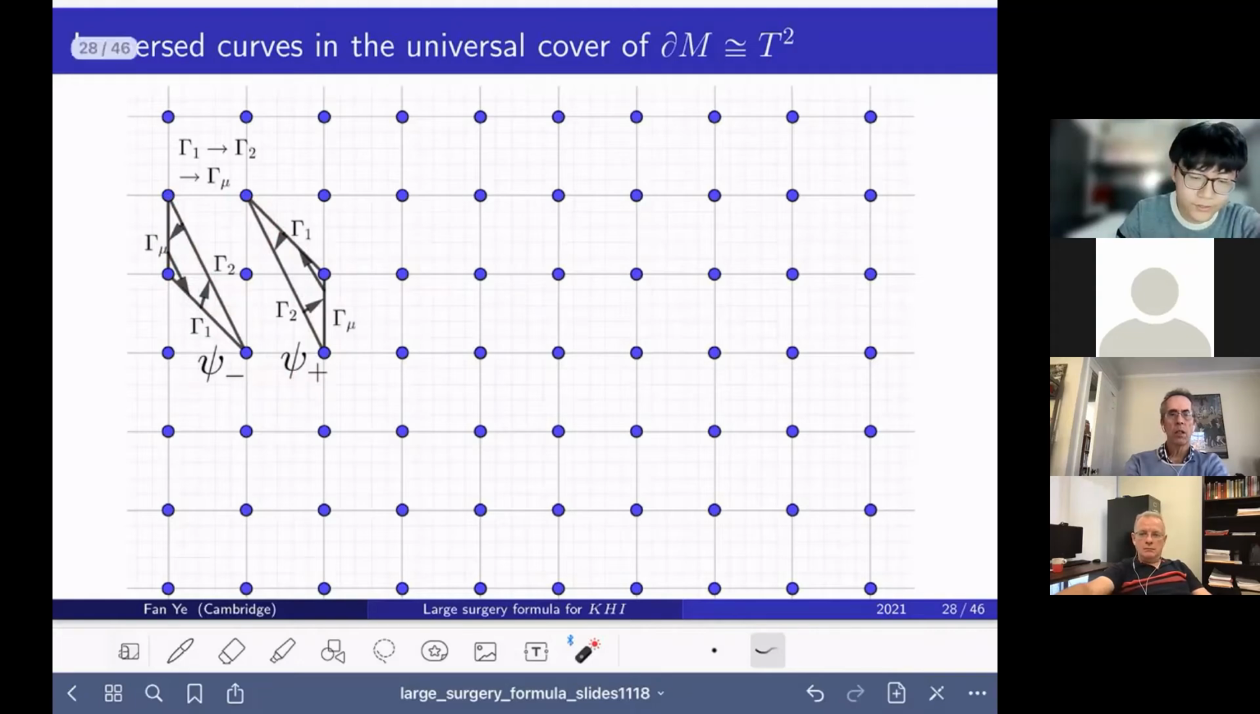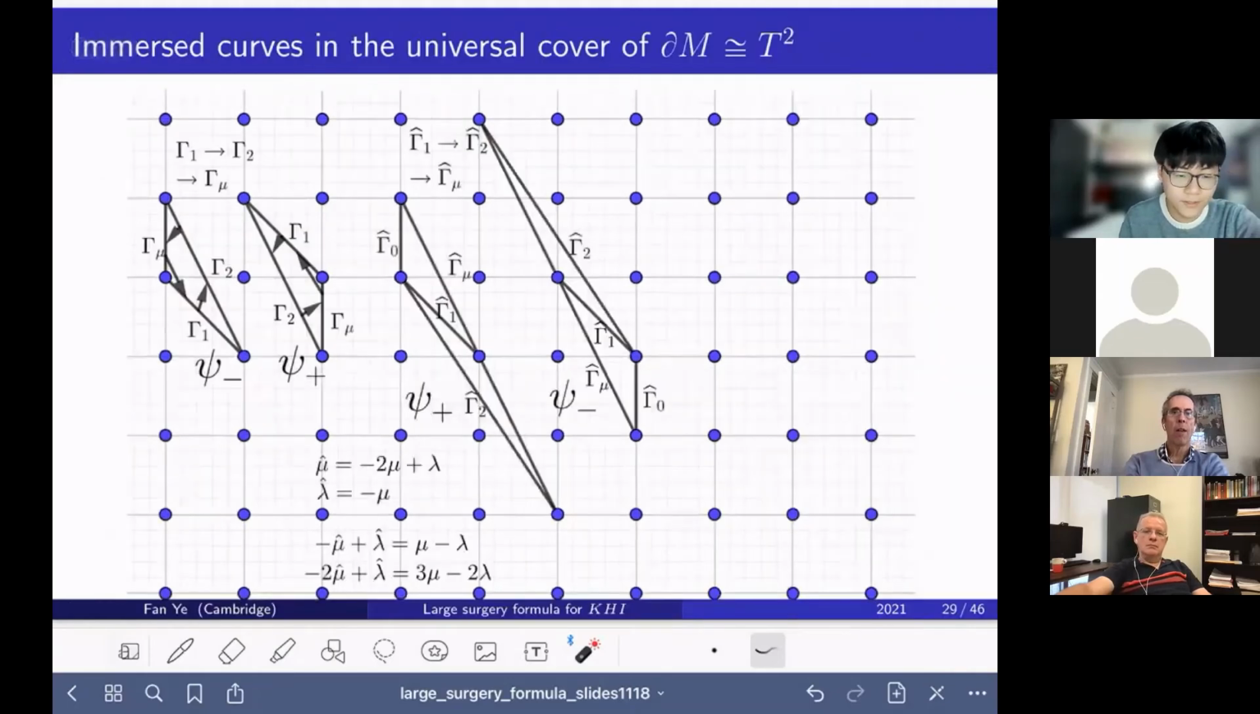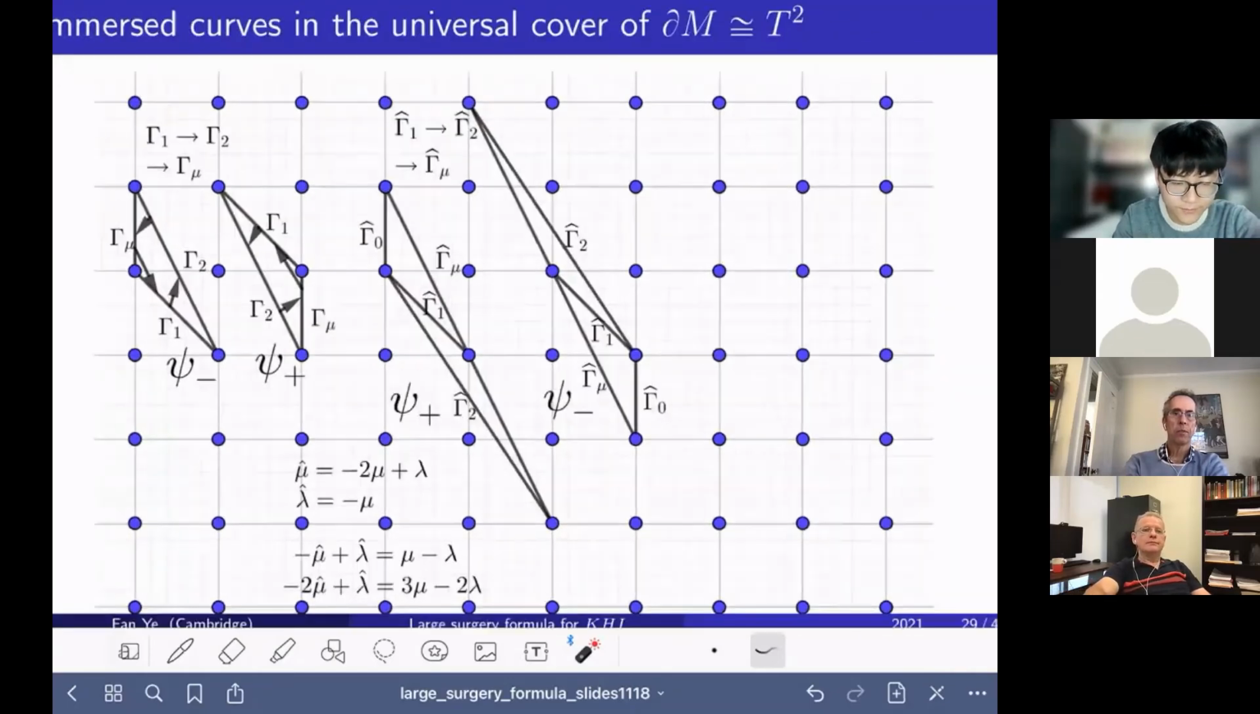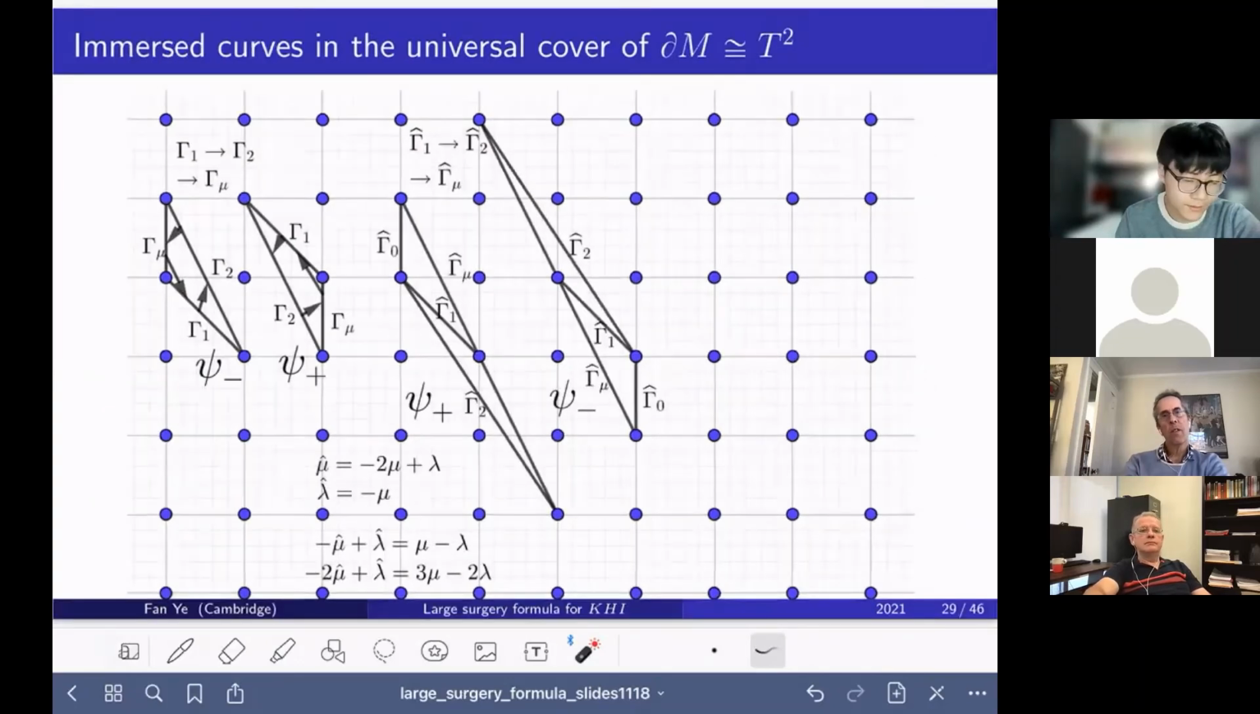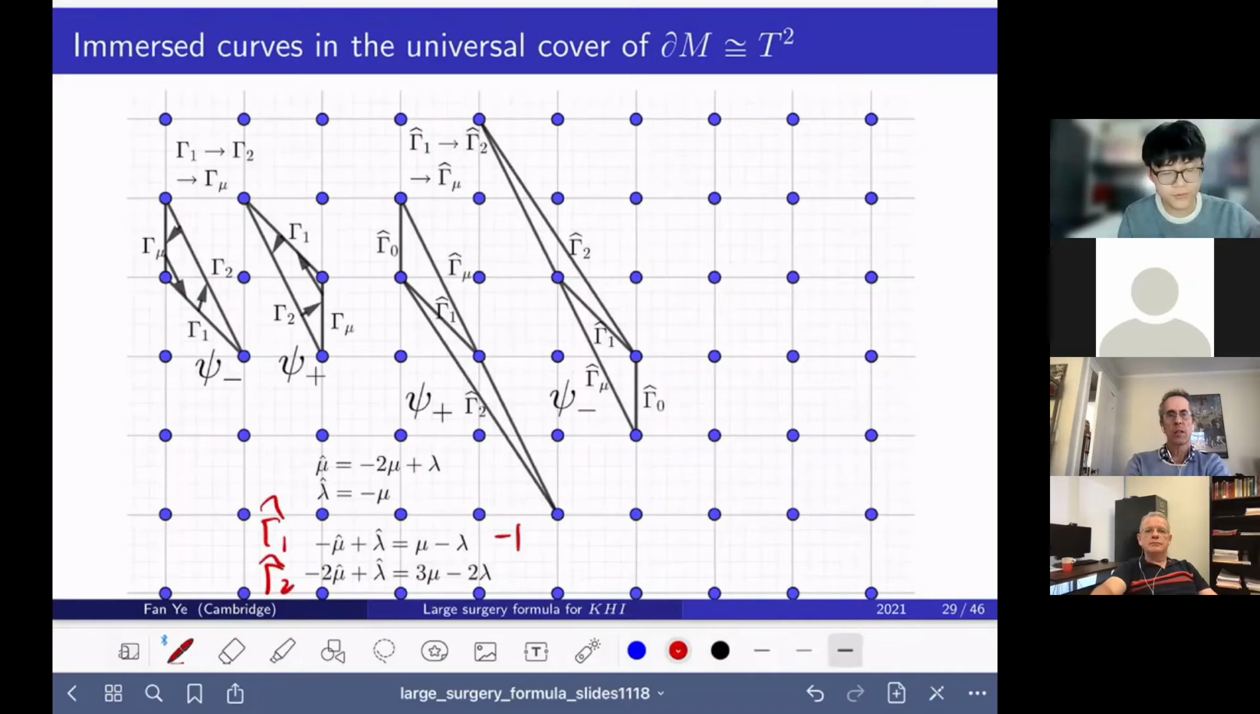And we can also change the basis so that we get a different exact triangle. So here we just consider the mu hat to be -2 mu plus lambda, and lambda hat to be minus mu. And then we compute the slope of gamma 1 hat, which is just mu minus lambda, or -1, and also the slope of gamma 2 hat, which is 3 mu minus 2 lambda, or